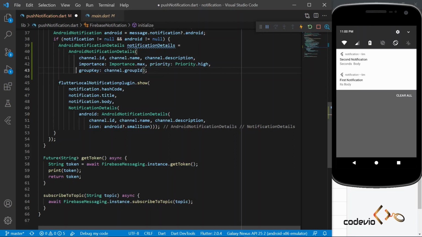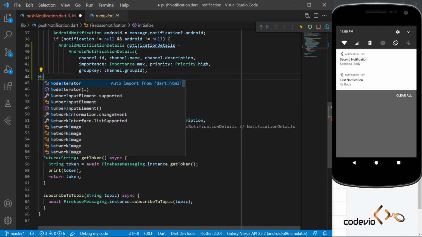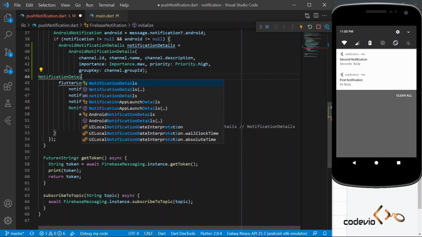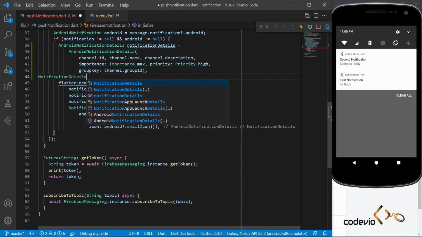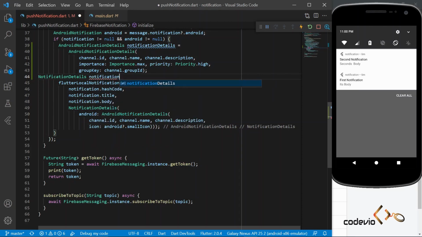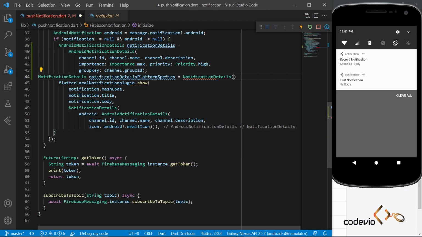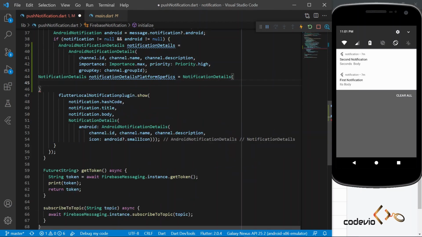So let us do it as a notification detail, and let's declare a variable to store it. Let it be platform specific, because it's a platform specific notification, so I named it platformNotificationDetails.